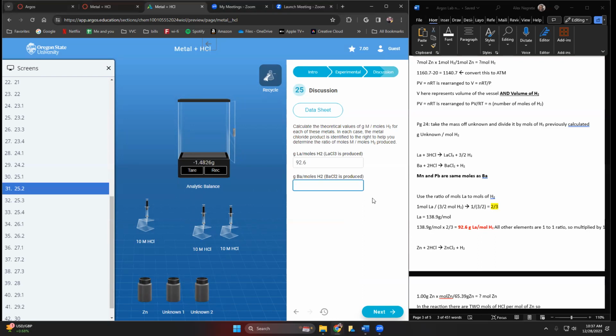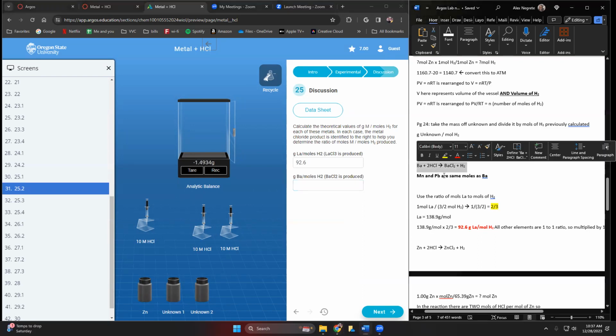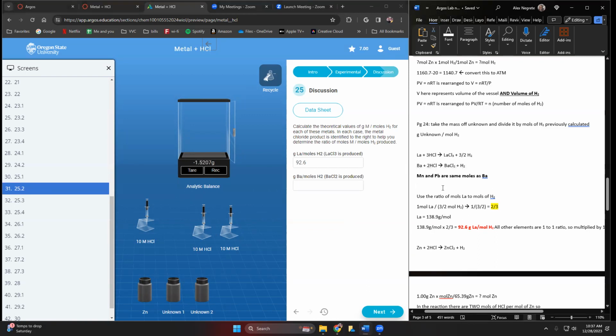And the other reactions are here, right? So I've done the next reaction for you, but manganese and lead are going to be the same as this reaction here. You'll see it's a 1-to-1 ratio. 1 mole of barium, 1 mole of hydrogen gas. 1 mole of manganese, 1 mole of hydrogen gas. 1 mole of lead, 1 mole of hydrogen gas. And since it's a 1-to-1 ratio, well,